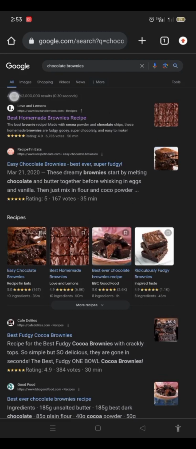Look just above the definition box to see a large number, and it's 252 million. This is the total number of accessible web pages and images about chocolate brownies. It also took the search engine only 0.31 seconds to find all of this information.